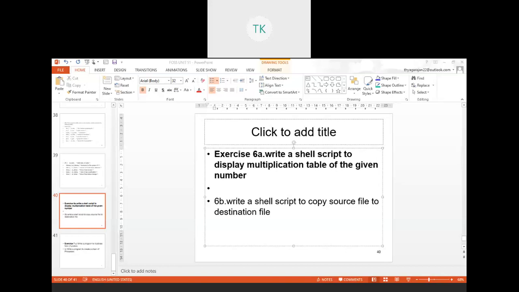How can we copy this, right? We have a command that we call the copy command, which we already practiced. With the help of this copy command within the shell script, we'll see how we can copy a source file to the target file, right?